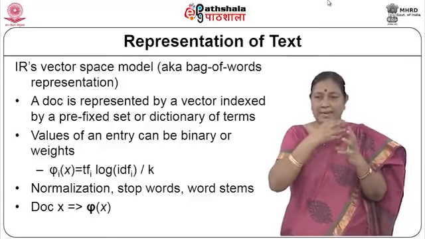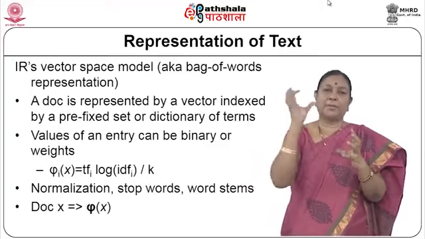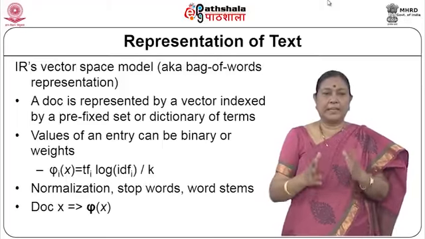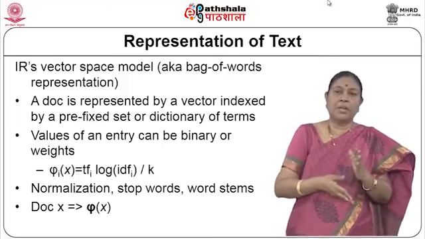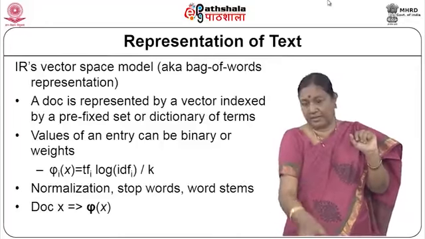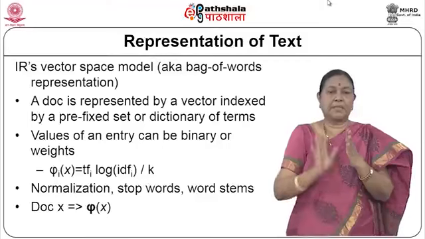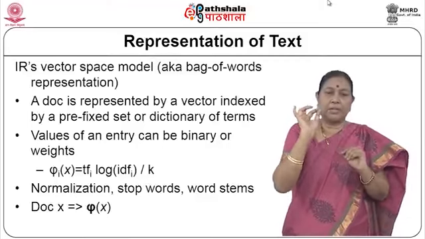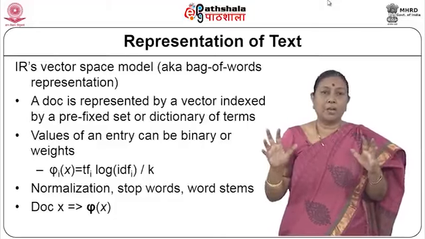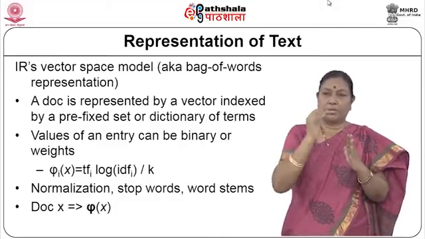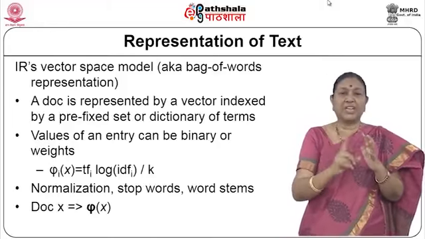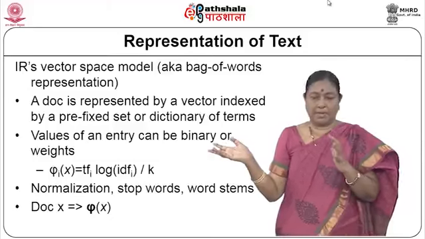This is considered a bag of words because I am not bothered about the order in which the words come. So, each text is represented like this and then you have a vector space model. Each document is now represented by a column vector, let us assume, which contains all the words. Let us assume I have a document corpus, and all the words of the corpus will form the rows. So, I will have a row corresponding to each and every unique word in all the documents put together.